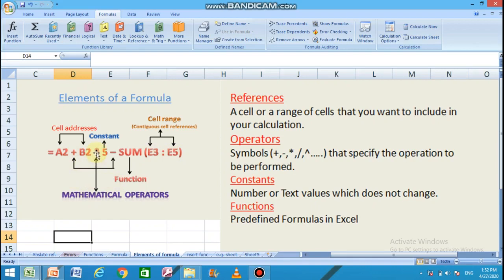Plus, asterisk, this minus symbol, all are representing mathematical operators. These are special symbols which will perform the specific operation they represent. For example, plus represents addition, asterisk represents multiplication, and the hyphen minus sign represents the subtraction process.